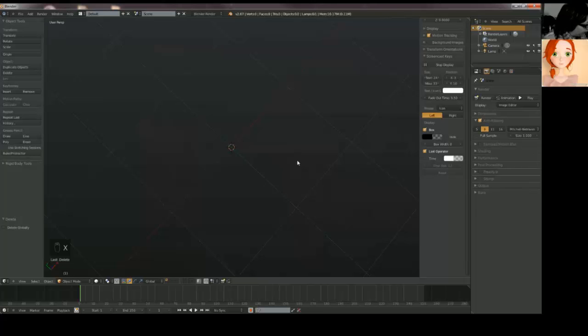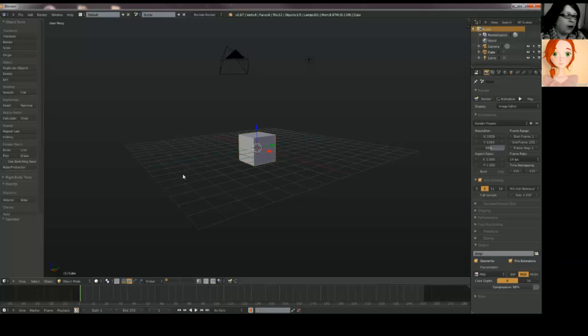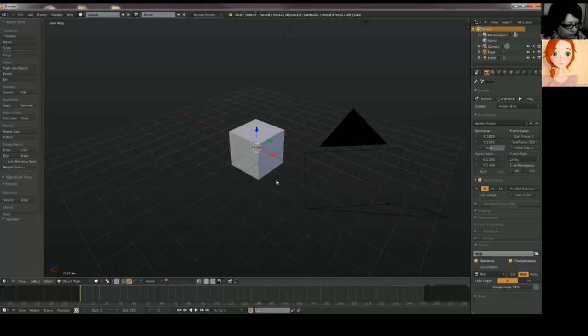I want to look at my plan. Okay. Start a new file. Okay, this is the default build, what you see when you start Blender. But some people want to have another.